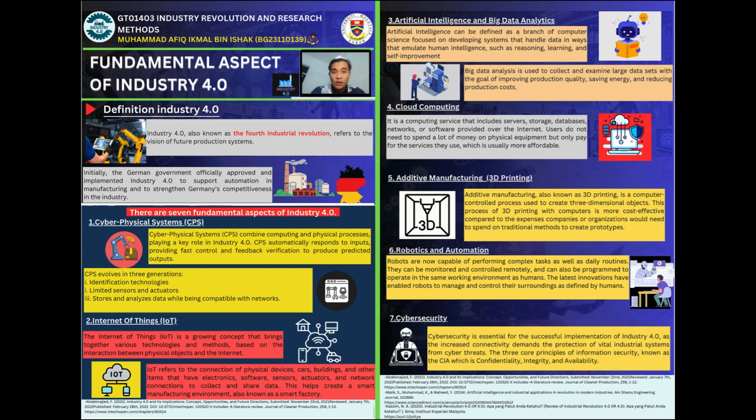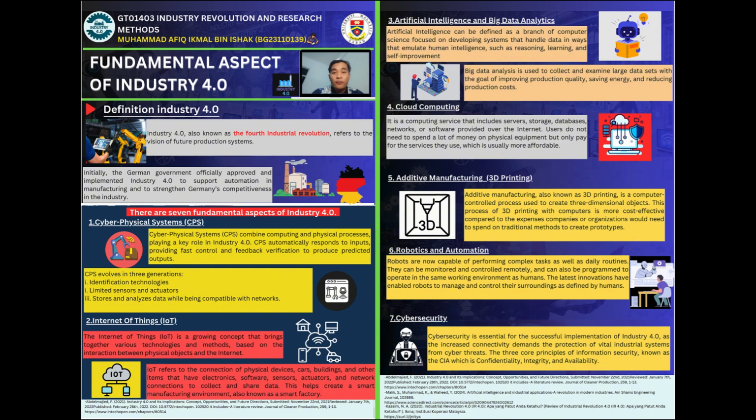Today I would like to explain about the fundamental aspects of Industry 4.0. Industry 4.0, also known as the Fourth Industrial Revolution, refers to the vision of future production systems. Initially, the German government officially approved and implemented Industry 4.0 to support automation in manufacturing and to strengthen Germany's competitiveness in the industry. For your information, it is important for us to know that there are 7 fundamental aspects of